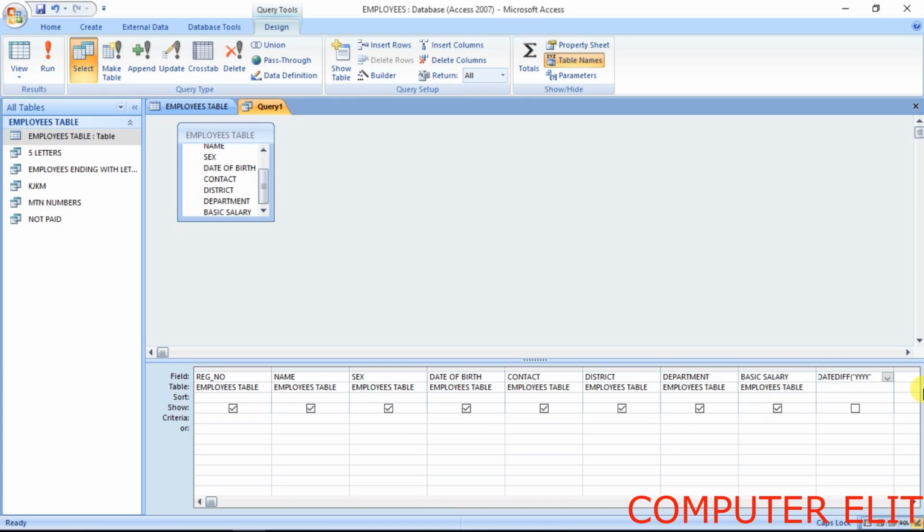We close the quotations, we put a comma, square brackets, the field that we are dealing with, which is this one, date of birth, we close the square brackets,